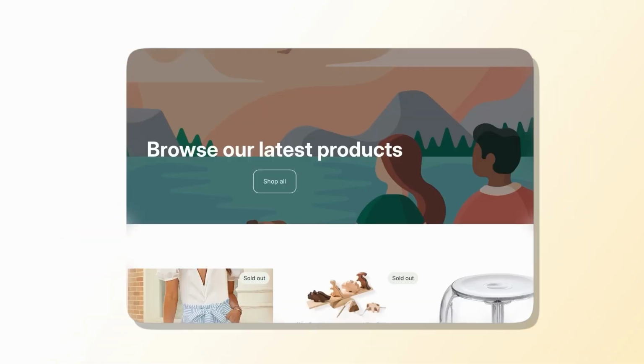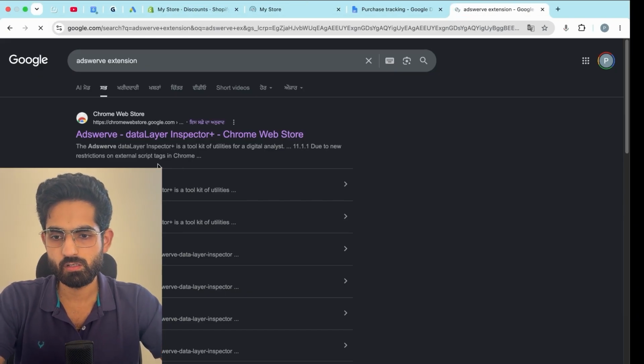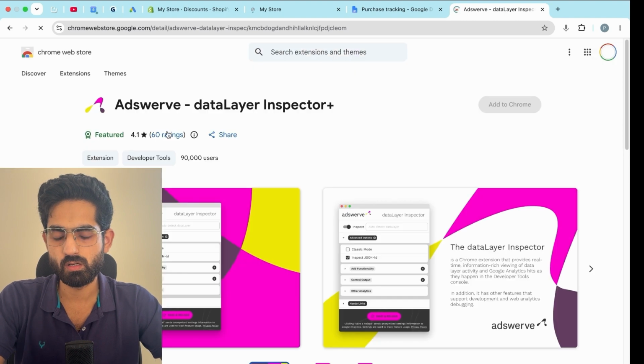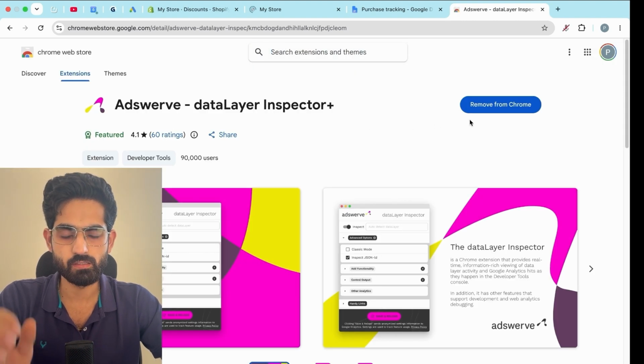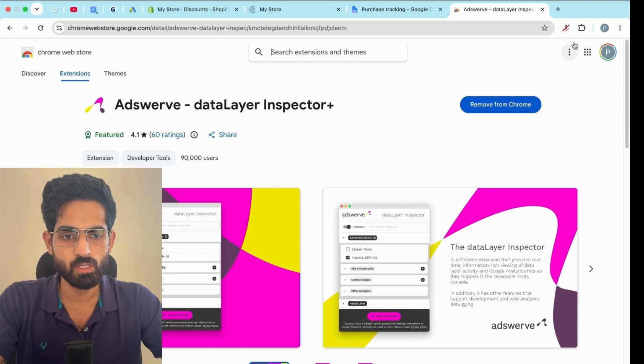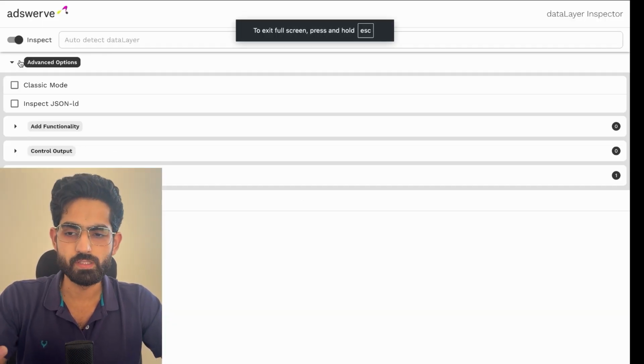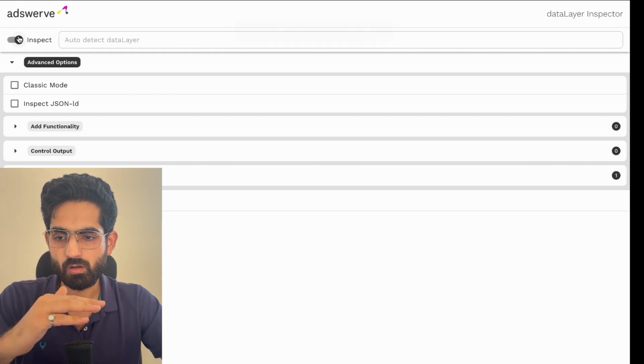Now the last thing we need is something called the AdSwerve extension. Search for this extension on Google, Chrome Store, and install this in your browser. I already have it installed, but you'll need to do this first. Yeah, you can just see the name properly here, AdSwerve Data Layer Inspector Plus. Install that, then click on it. Of course, it will be turned off when you install it, but you need to turn it on, and then